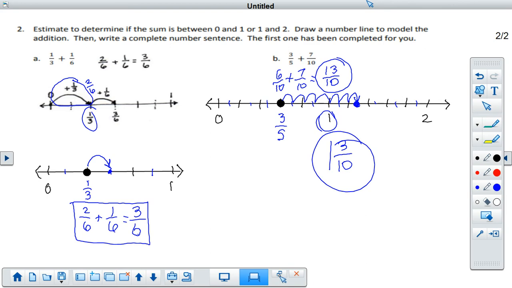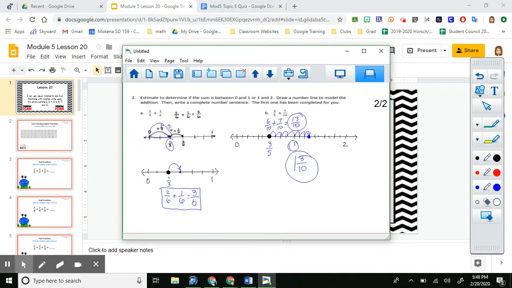So I hope that this clarifies today's lesson for you. We'll be going over it in class tomorrow, so bring your